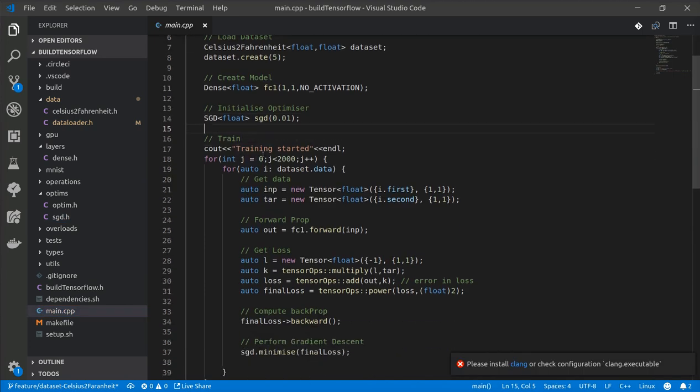So let's run through the training loop. I have purposely not added the get function from our dataset because I wanted it to be flexible, however the user would like to use it. This is running for 2000 epochs, and it's stepping through the entire dataset in this loop. Quite intuitive, right? And then you get your data like this. The first in the pair is the input, the target is the second, and given our sizes 1:1, 1:1,